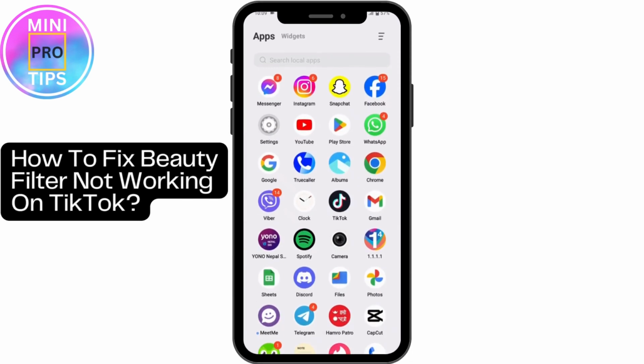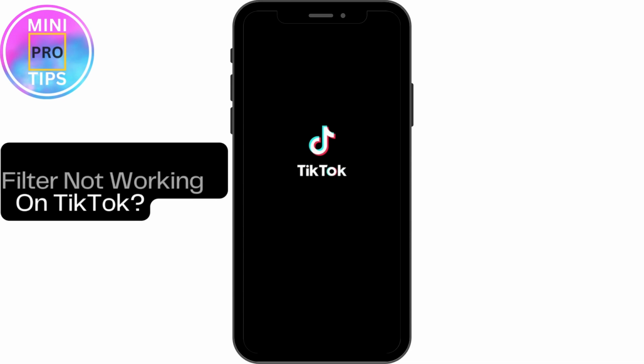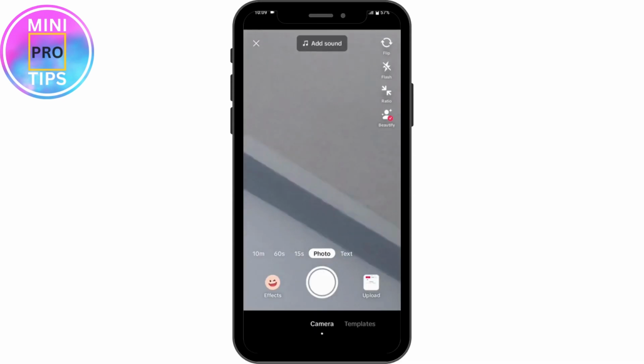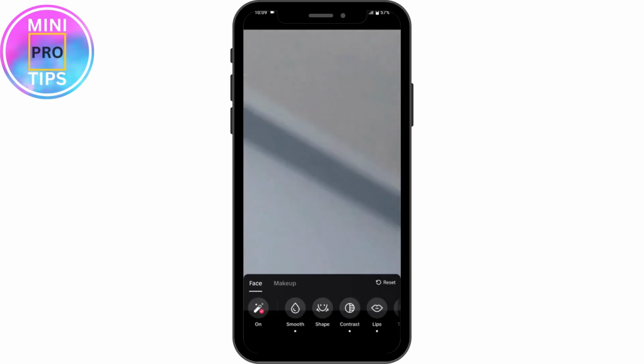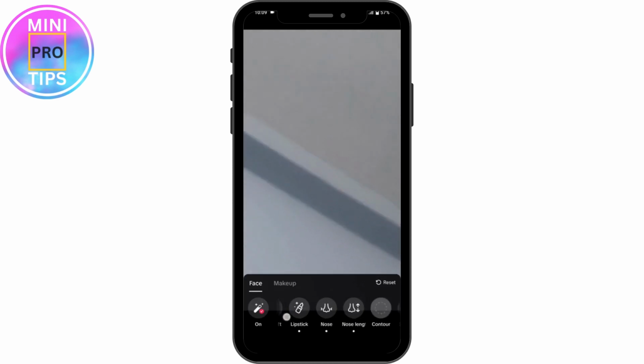How to fix beauty filter not working on TikTok. So if you try to use your beauty filter, here on the upper right or the right side you will have beauty filters, right? Tap on beauty, and if you're trying to use your beauty filter and it's not